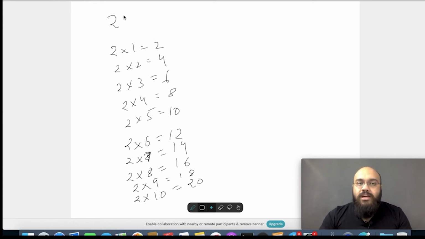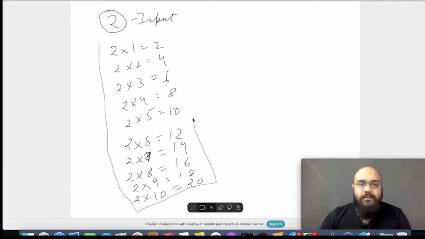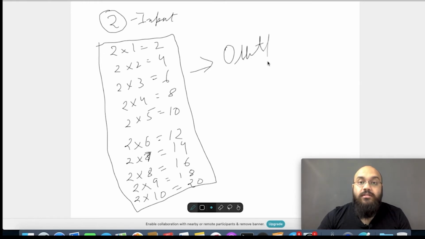This is the output that we need. See, this is the input, right? This is the input, and all this is the output. So I have written this completely, or you should write this so that, looking at this, you can create the logic of what we want to do.